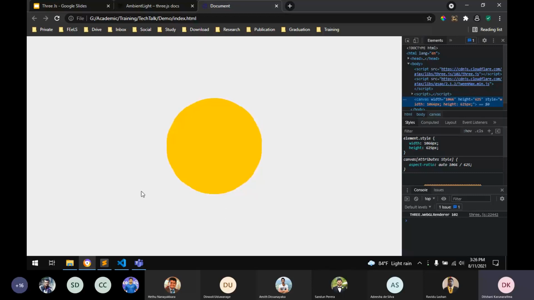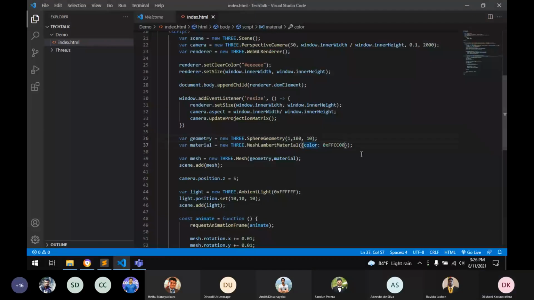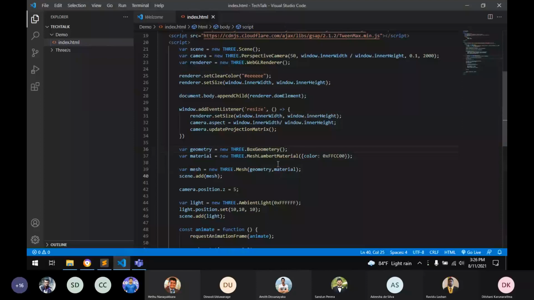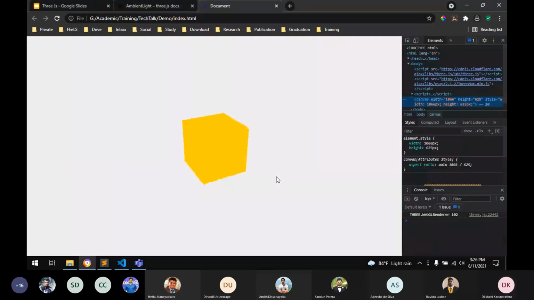So if we replace this with the box geometry and adjust these parameters, now you can see how the cube is rotating.